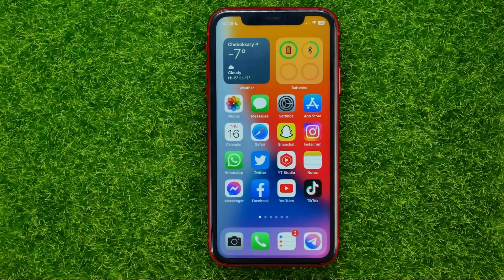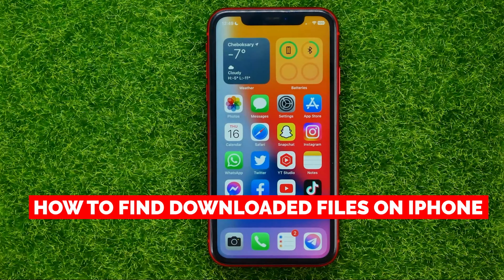Hello guys, welcome back. In this video I'm going to show you how you can easily find downloaded files on